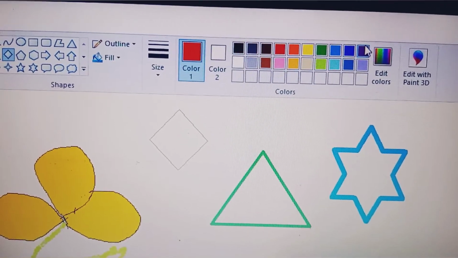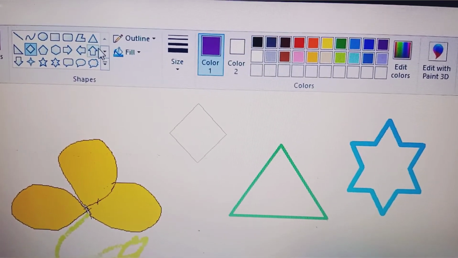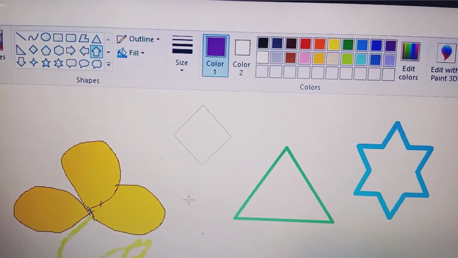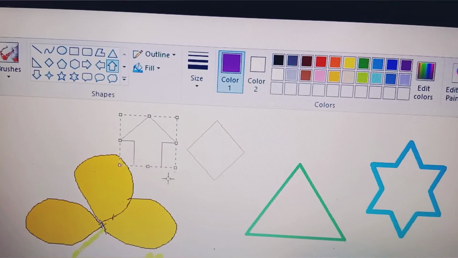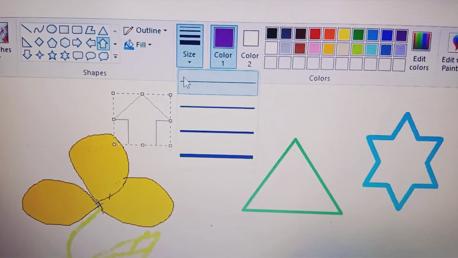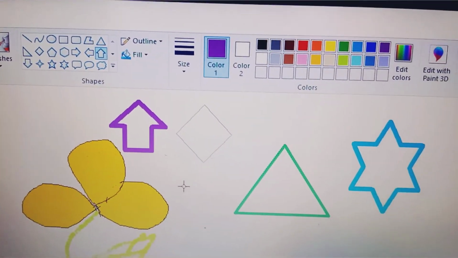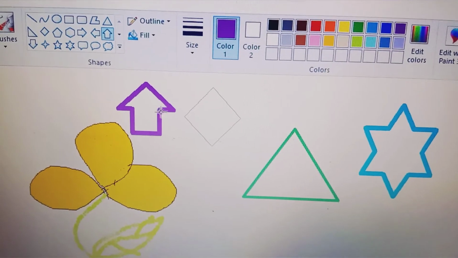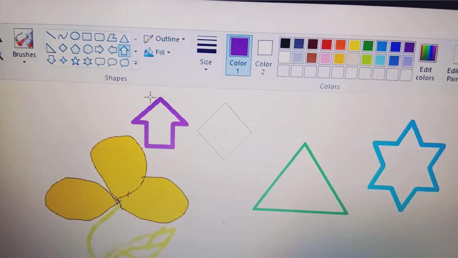I take the purple. Okay, then after I select this one, the arrow, you can see it is a very thin outline. I just want to make it thicker to show you. Okay, so color one is used to select the foreground or the outline of the drawing.